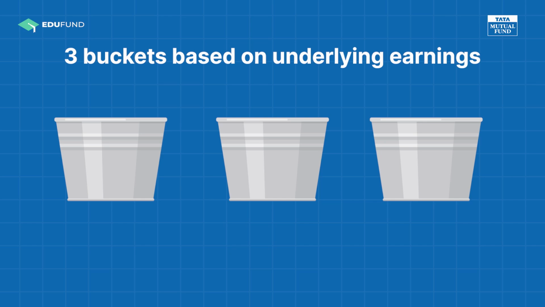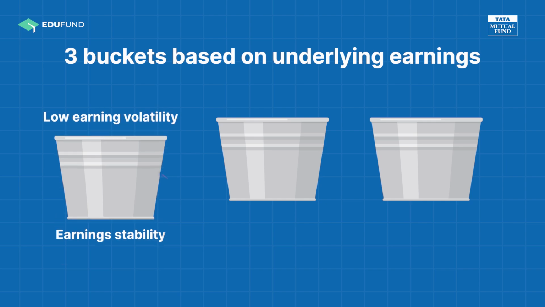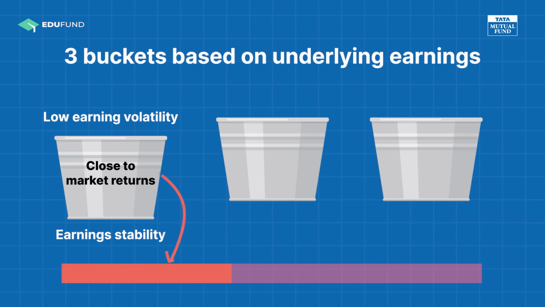So the first and larger bucket for us in that fund is called earning stability, which is where we try and buy into companies where the earnings volatility is very, very low. Right? These are stable growth companies. They may not grow at a very high rate, but there is more predictability of earnings here. So they provide us some sort of a base to the portfolio, right? That's about 40-45% of the portfolio.